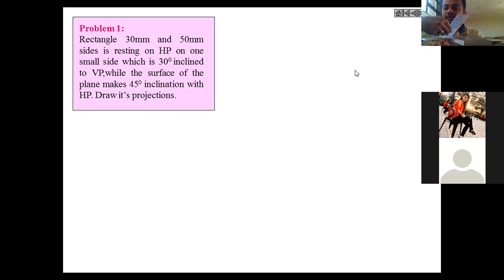Object is like this. It is inclined to HP at 45 and VP at 30, and you need to draw its projection, front view and top view. Clear how the problem is actually situated? Got it? Okay. Now we will see the solution.